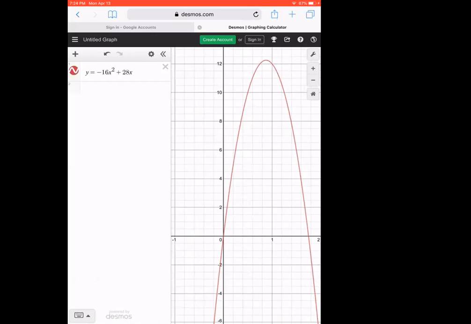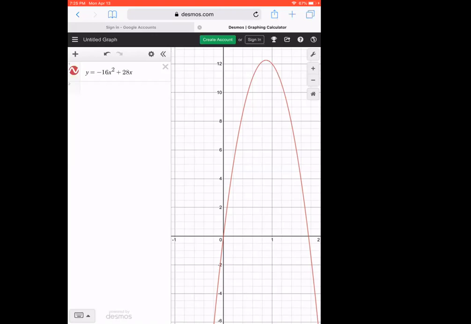This was a rocket, right? So the rocket's going to start down at 0. It's going to go all the way up to the highest point that it gets, which looks like it's going to be a little bit above 12. And then it's going to drop back down all under 2 seconds. Okay, so I have this up here. The first question is, how long will it take for the rocket to return to the ground? Oh, that's interesting.